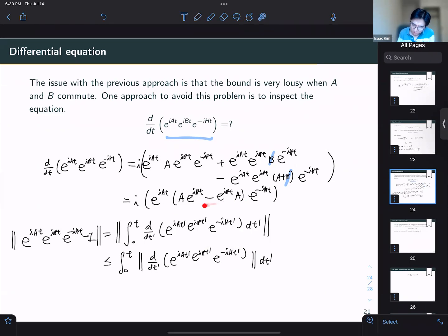So I stare at this expression, and what I see is that in the front, I have e to the iAt, which is a unitary, and I have e to the minus iHt at the back, which is another unitary. So we can just kill those in the operator norm. And then what we're left with is something really nice. Here you can really see that you can guess that this expression is actually upper bounded by the commutator of A and B. The reason is